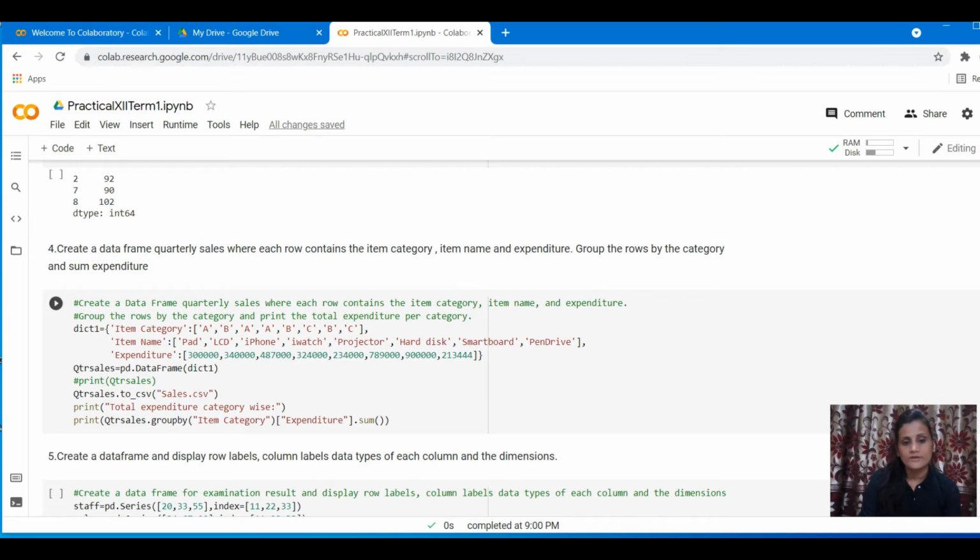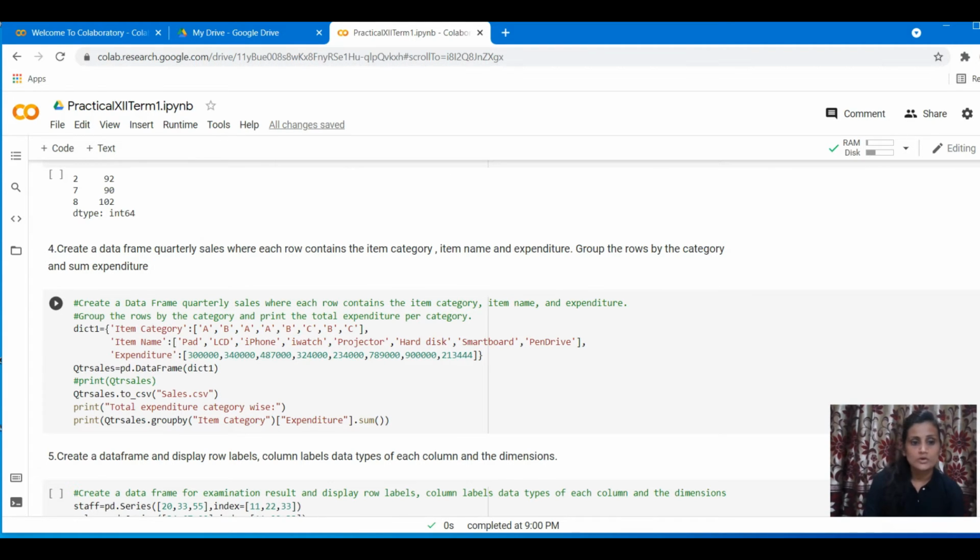Here we have come to the creation of data frames. So data frame and series, what is the difference? We all know a series is 1 dimension, a data frame is multi-dimension, here 2 dimension. Each column of a data frame is actually one series. Now a dictionary you are creating here also, but this dictionary will be a 2D dictionary. That is, under one key you will have a list of values.